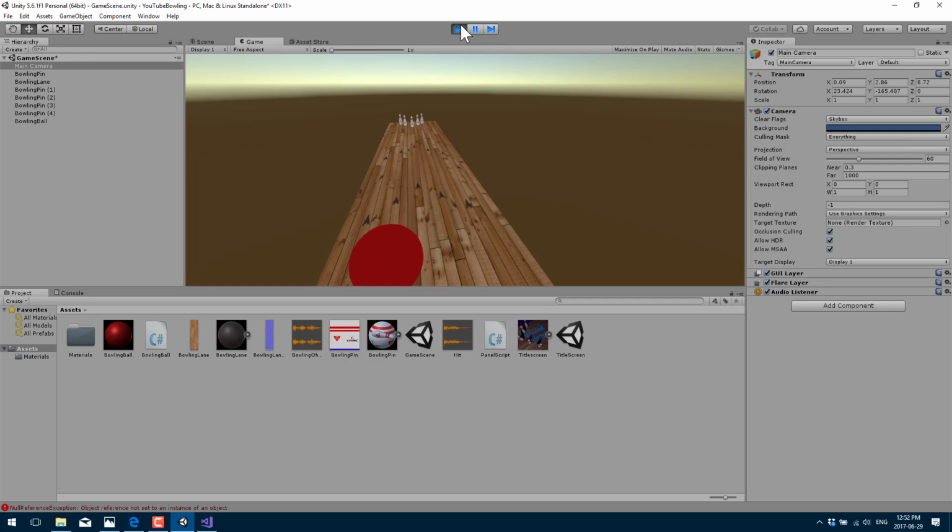And now left arrow, we move the one way. Right arrow, we move the other way. And in retrospect, that's a really big bowling ball. And then space bar to throw. And ta-da! You just created a bowling game in Unity in about, well, exactly 27 minutes with my screwing up